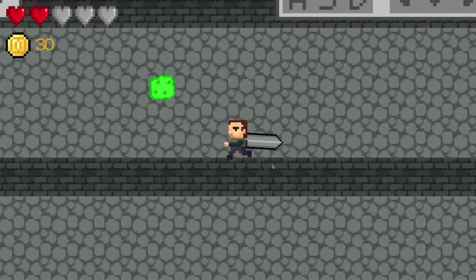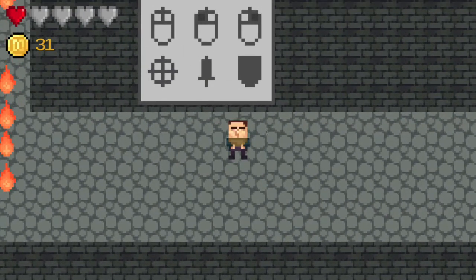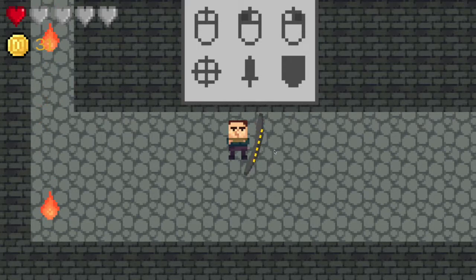I appear to be able to click. Ah, there we go. And you collected a coin. So if I right click, I get a shield. That's quite cute. So that's how you get past those rules, I guess. And I can attack in a direction.